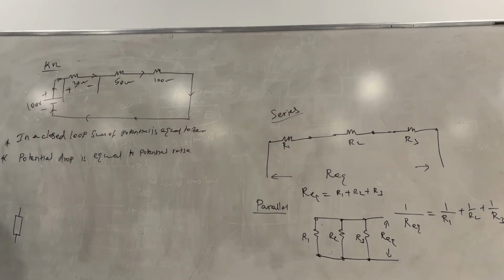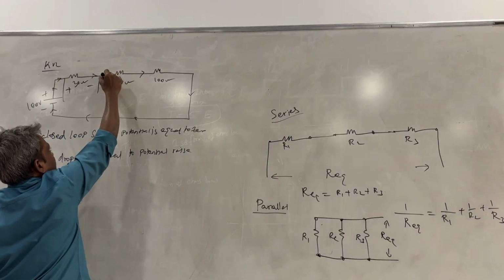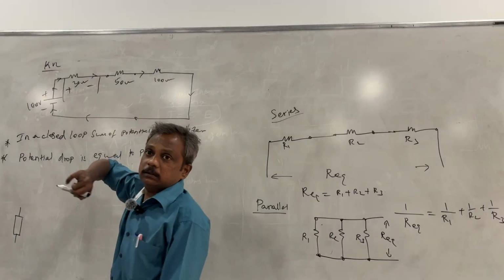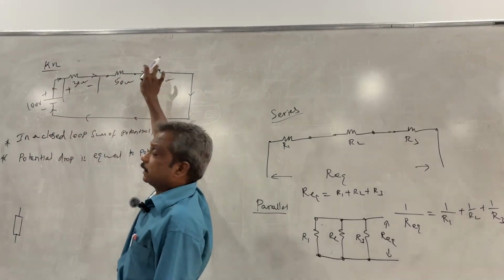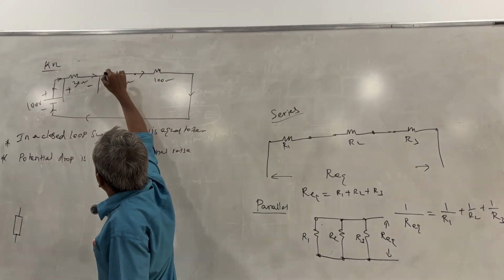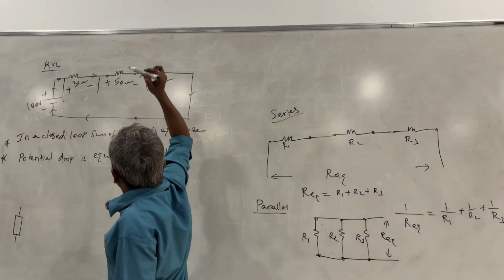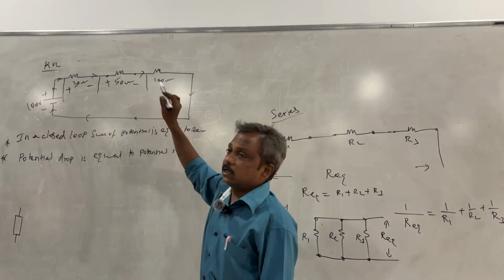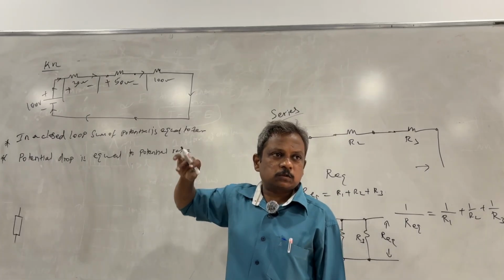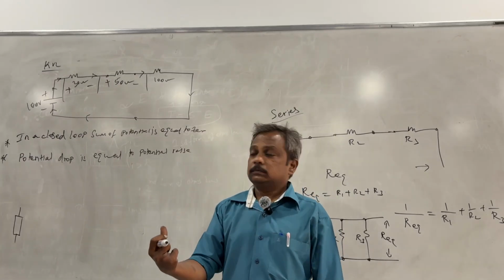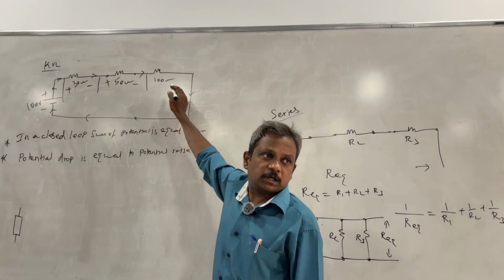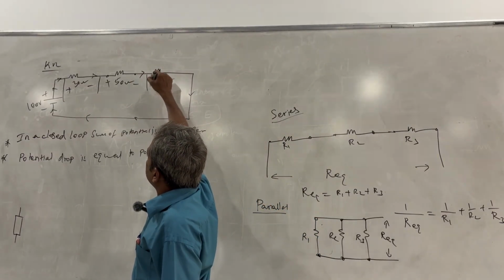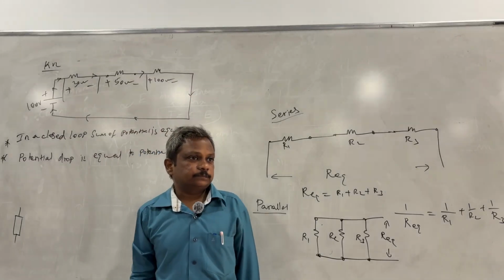And coming to 50 ohm, these are the two ends. In every two ends there will be a potential. Current is entering here, leaving there. And what is the polarity of this voltage? This is the polarity of voltage. Coming to 100 ohms, 100 ohms also acquire some potential. What is the polarity of that potential? Current is entering here, so here positive, here negative.